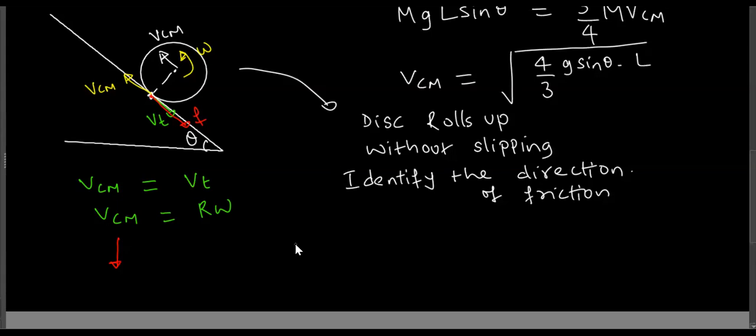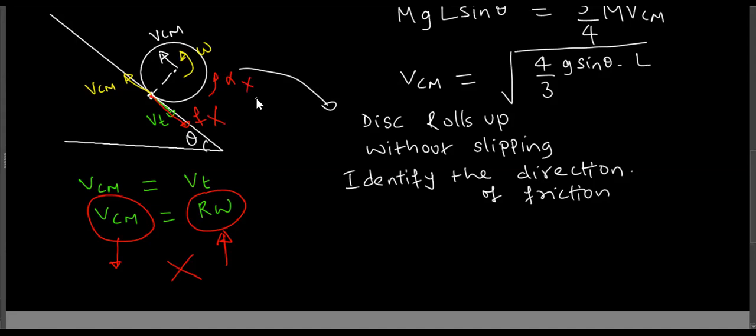But the friction will provide counterclockwise angular acceleration, which is in the same direction as the angular velocity. So angular velocity will increase, and these two will no longer match because the left hand side is going down, the right hand side is going up. So it will not be rolling without slipping, right? That means this is wrong.